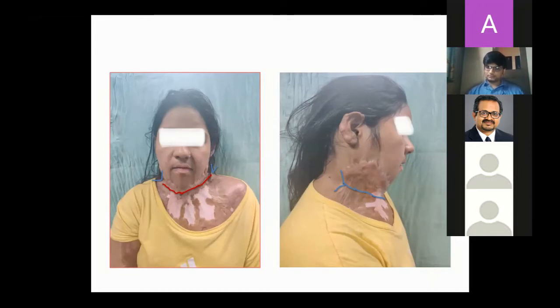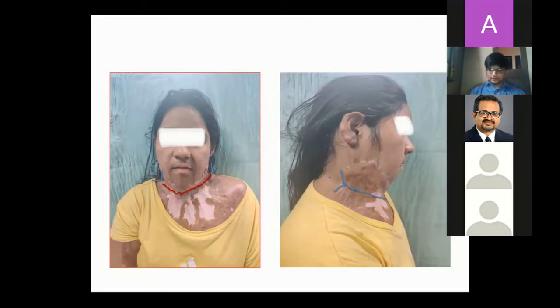And what are the other flaps you were talking about, other than pedicle flaps, free flaps? Which free flap will you think about? Anterolateral thigh free flap. Anterolateral thigh will be too bulky. Usually the local pedicle flaps and expanded pedicle flaps are the flaps of choice. Very rarely you can use the radial forearm, but usually the local pedicle flaps and skin graft will suffice. What is happening to the lip?